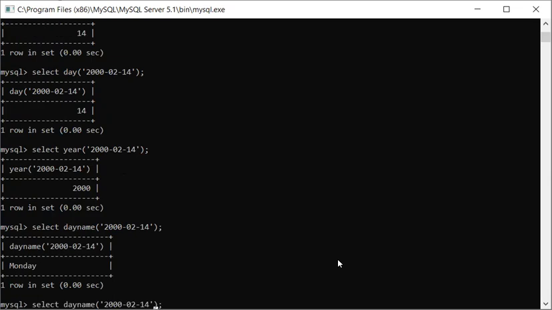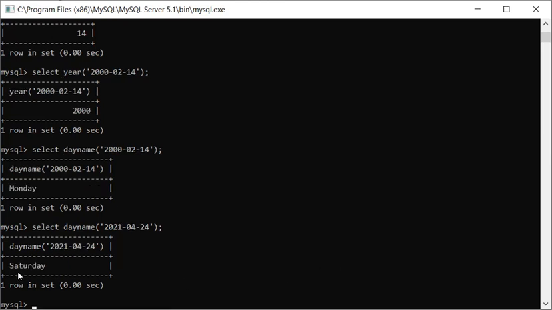For example, today it is Saturday. If we give the proper date, 2021, then 4 and then 24, it gives you Saturday. So it's not random; it gives the perfect answer as per the day.